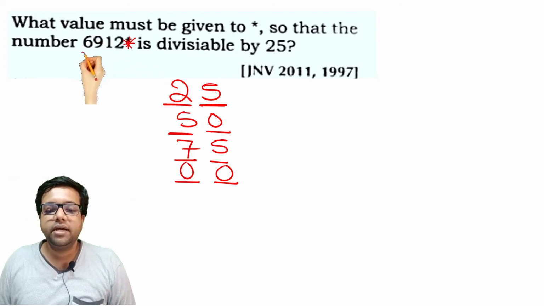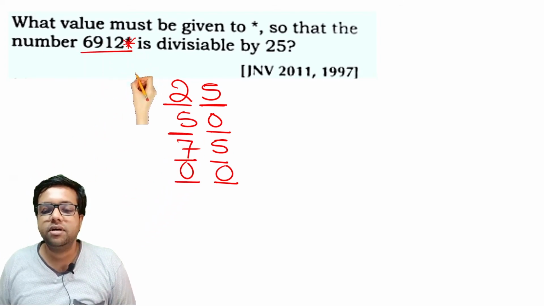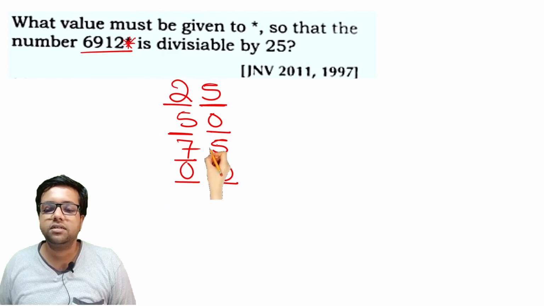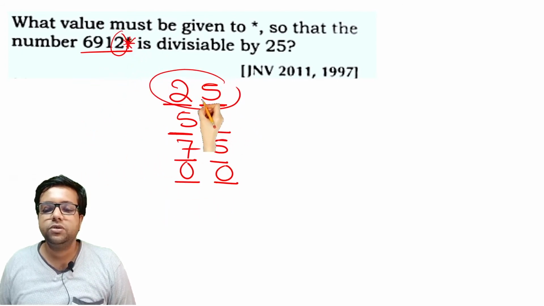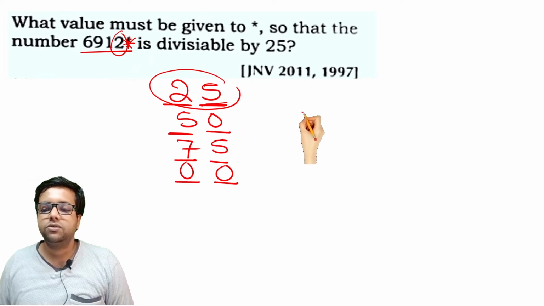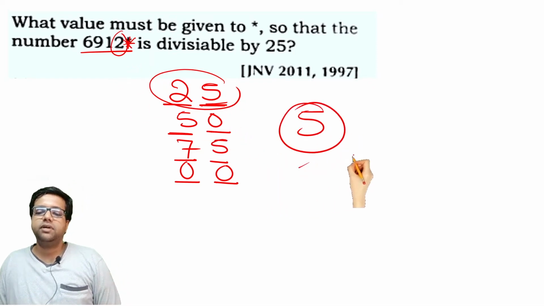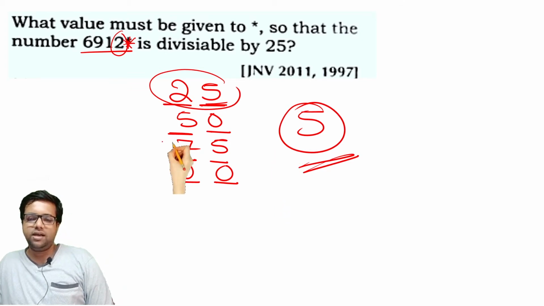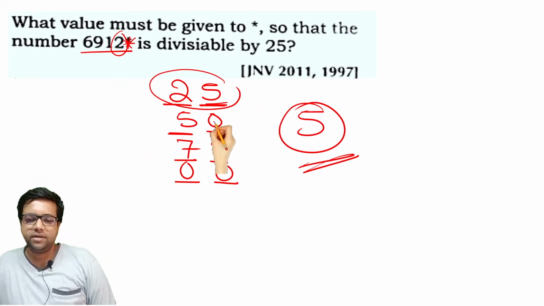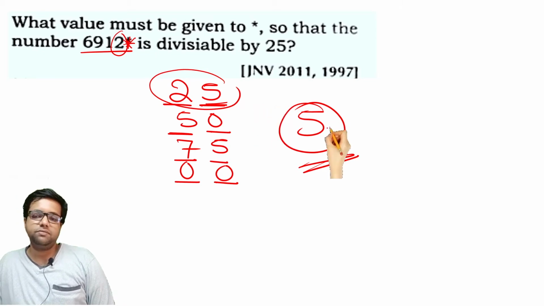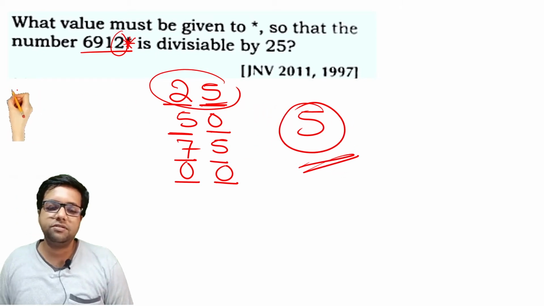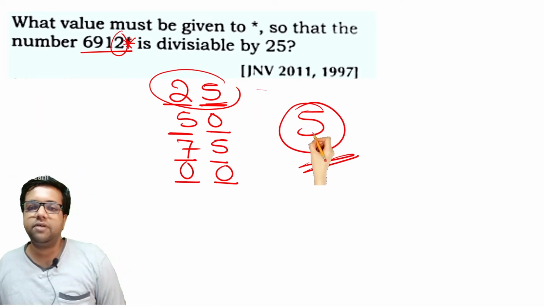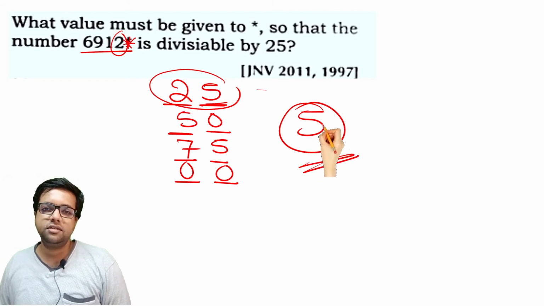So in order to make it divisible by 25, the last number, what is the best configuration that we can have? 25. There is already a 2 here. So you just have to place another 5. So placing a 5 becomes the right choice for this question. I have not included the options, but the right answer for this question would be the number 5. In case there are options, the number 5 should be the appropriate answer.